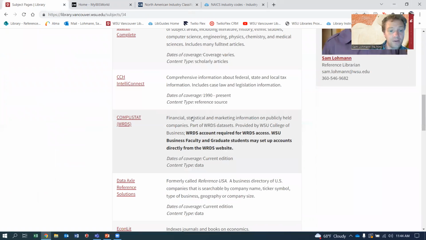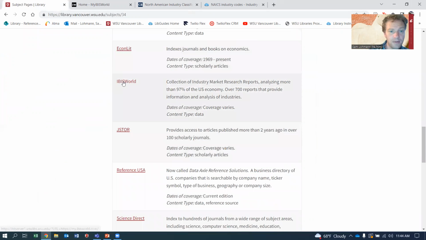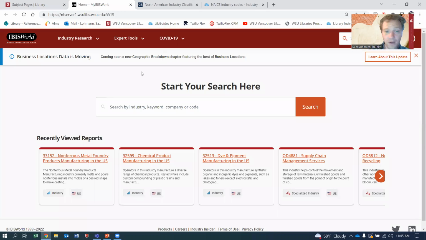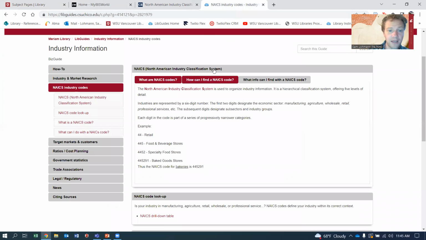And we're going to go down to IBIS World here. And if you're off campus, you might need to hit a login button or log in with your WSU network ID. But this is what IBIS World looks like. And we can search by keyword, certainly, but since we've got a NAICS code, let's try searching with that.